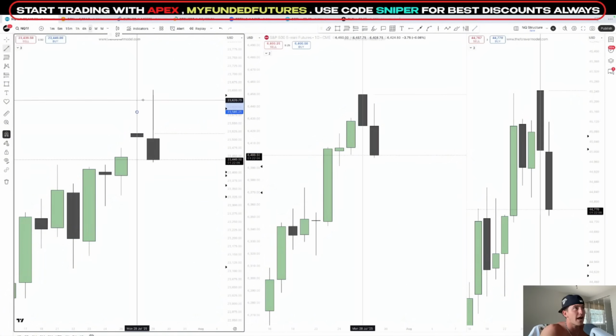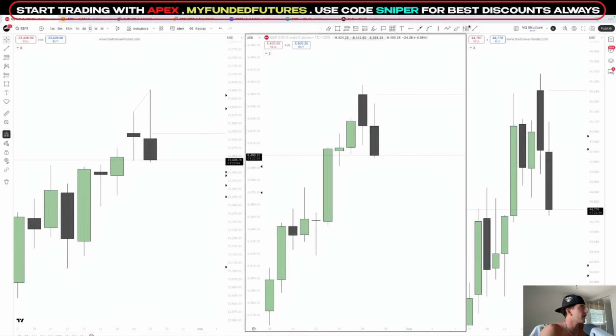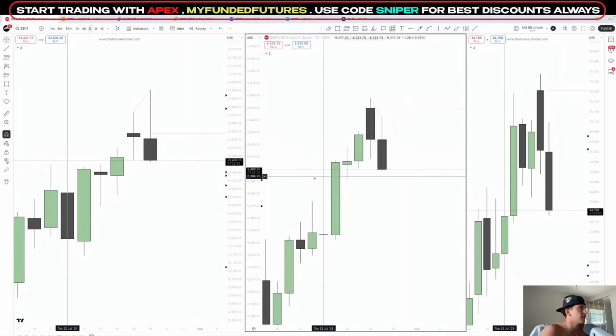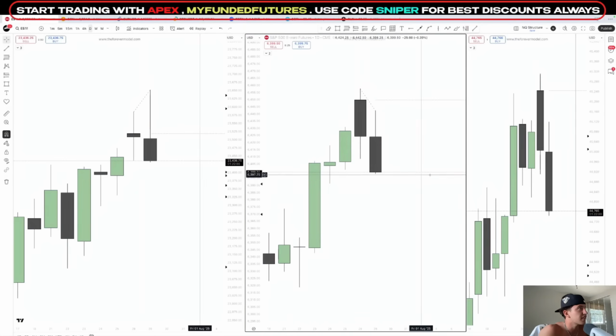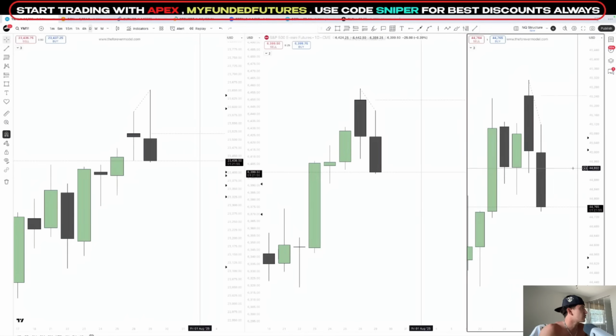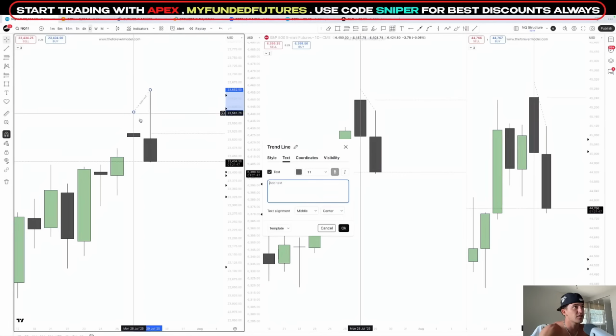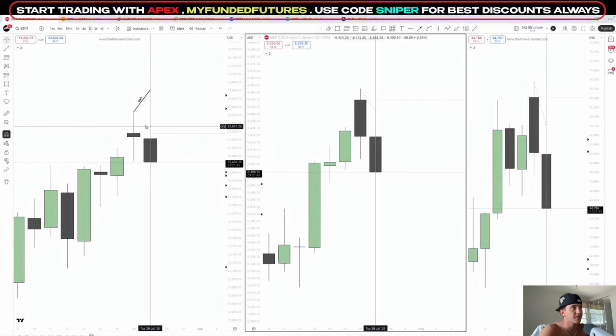But what did we do simultaneously when we took out Monday's high? We failed to do the same thing on the S&P 500 and the Dow Jones. So when this happened, we had a bearish sentiment moving into the day after seeing an SMT divergence occur at a previous daily high. With this being the ideology of seeing this be taken out,